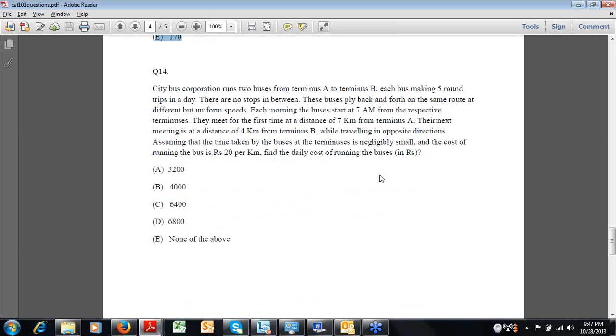Question number 14, what it states is City Bus Corporation runs 2 buses from terminus A to terminus B, each bus making around 5 rounds trips every day. There are no stops in between. These buses ply back and forth on the same route at different but uniform speeds. Each morning the bus starts at 7 a.m. from their respective terminuses. They meet for the first time at the distance of 7 km from terminus A. Their next meeting is at a distance of 4 km from terminus B. While traveling in opposite direction,